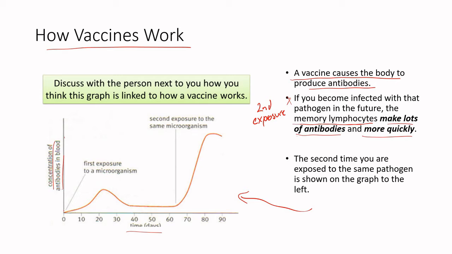So you might have a first exposure to a microorganism or a virus down here at time 0. This could be artificially induced via a vaccination, or you might have just been exposed to this pathogen in nature. It might have just happened naturally. You can see here that the peak number of antibodies actually takes quite a while, like over 20 days. And that whole time, while your body's fighting this particular pathogen, over those 22 days or